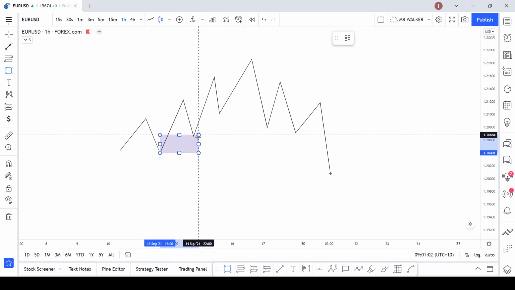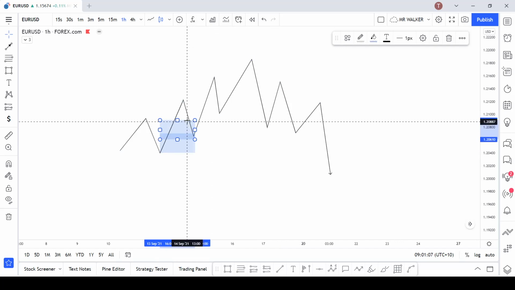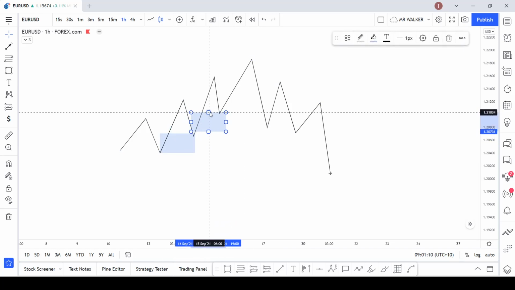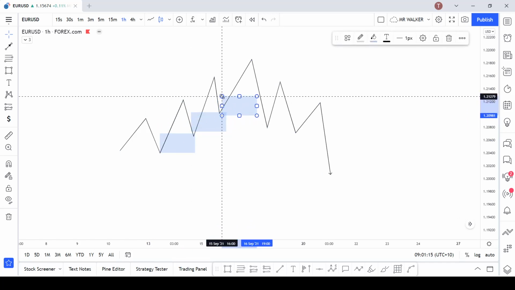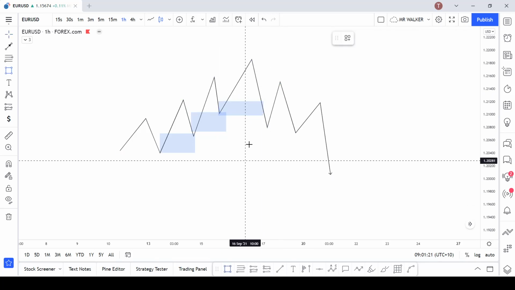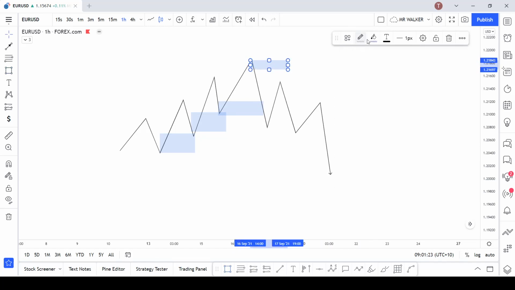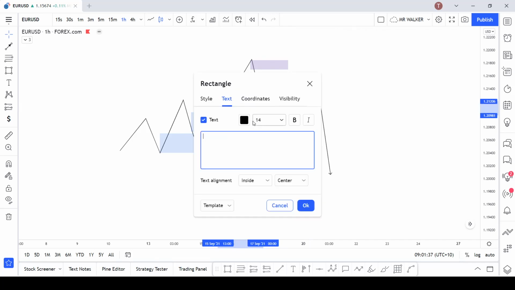So the demand is respected, but then it gets broken by either this supply, which is extreme, or the decisional supply. So in this case, this is the supply to demand flip, or you can call it